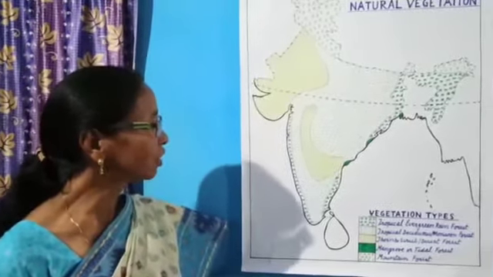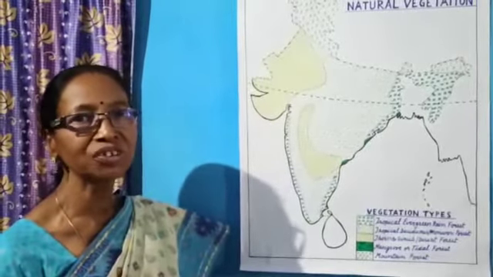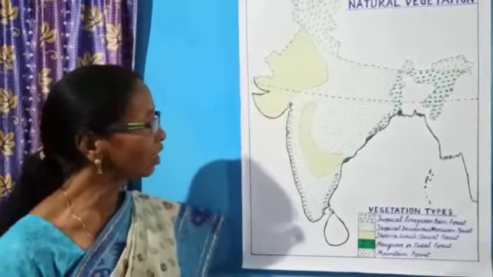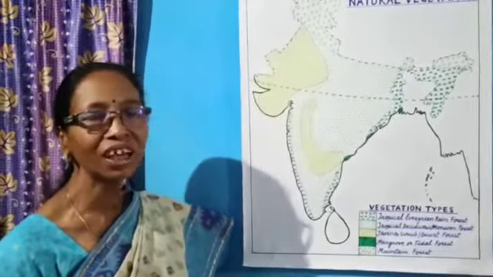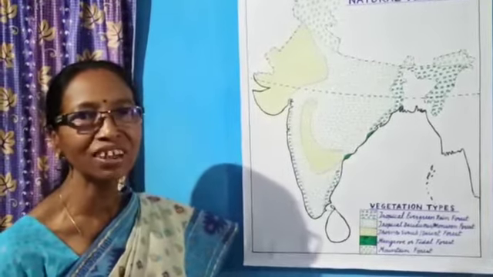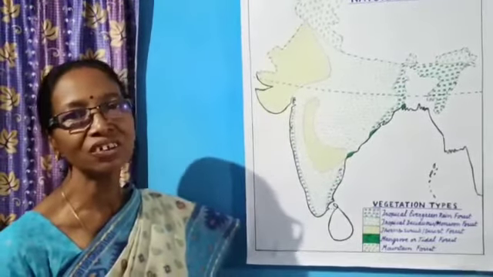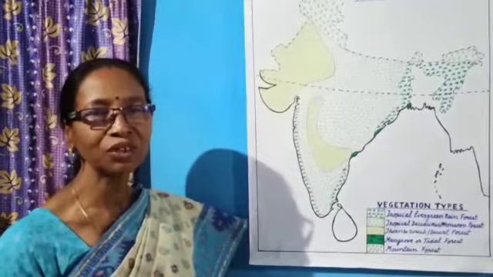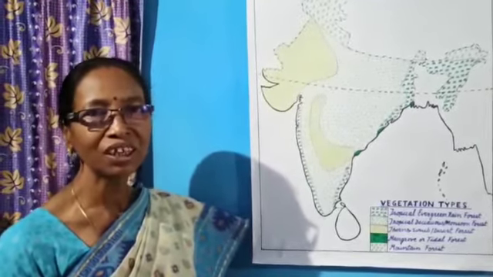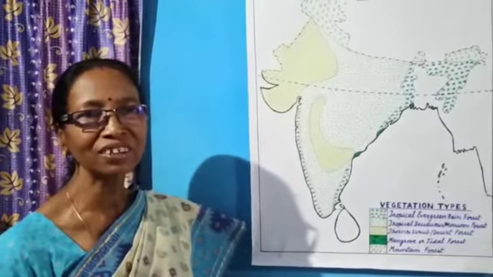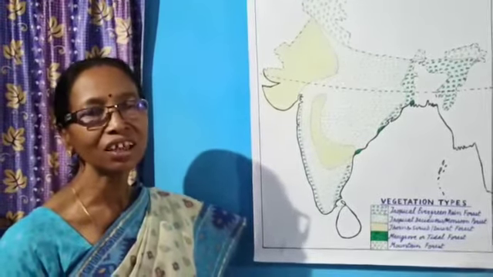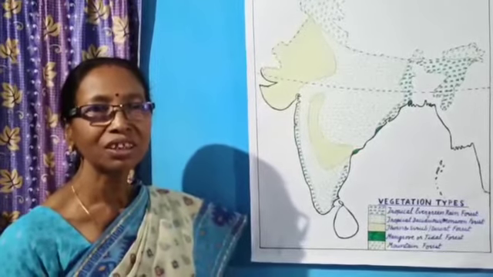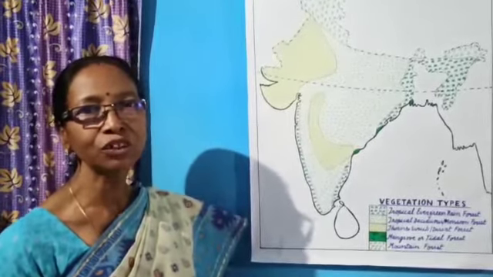So the trees and scrubs found here are some trees and cactus, and the main trees are babul and khajuri. Babul yields gum, which is very important, and it also provides tannin, and khajuri also provides durable